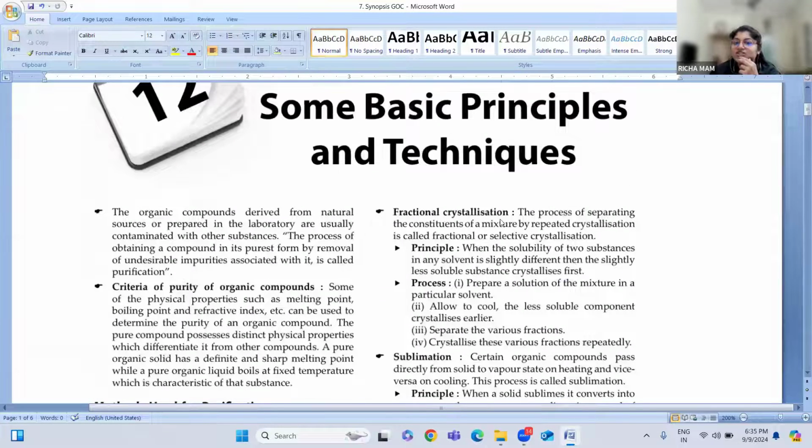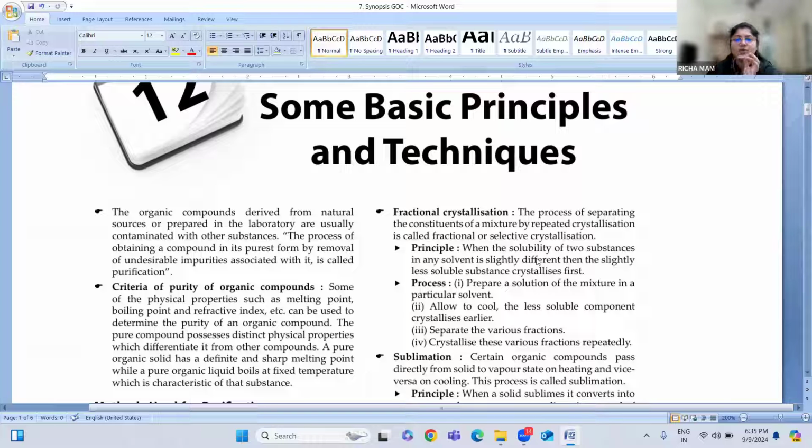Next is fractional crystallization. Fractional crystallization means what? Different mixtures are there at different layers. Fractional means separate constituents are placed in separate layers, and you are doing crystallization. So that is called fractional crystallization. So here also,